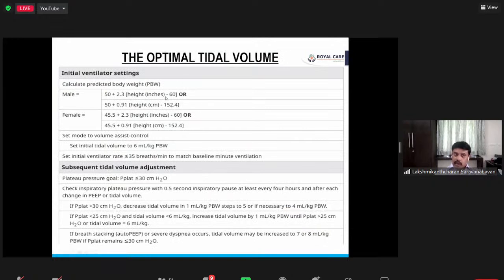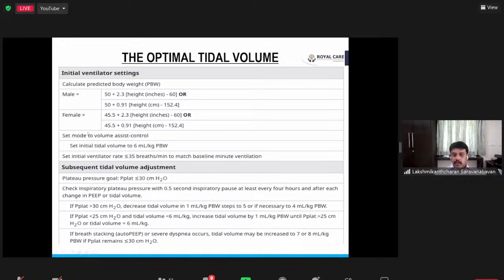It is not based on the ideal body weight or the measured body weight of the patient. It is based on the predicted body weight. We need to use these formulas for a male or a female. It is predominantly based on the height of the patient. It is easy to measure the height of the patient in ICU and use these formulas to get a predicted body weight. Based on the predicted body weight, we set the initial tidal volume to 6 ml per kg of